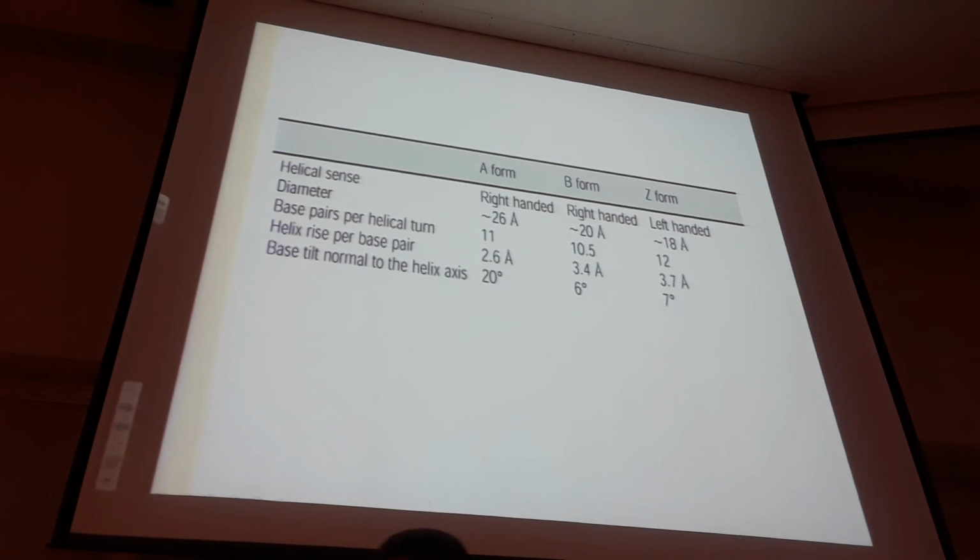That also is what Watson and Crick, I think, proposed. But later studies said it's more in the range of 10.5, but nobody really uses this. So it takes 11 for the A form actually to complete one helical turn. But what these structures, the A and the bDNA, have in common is that they are still both